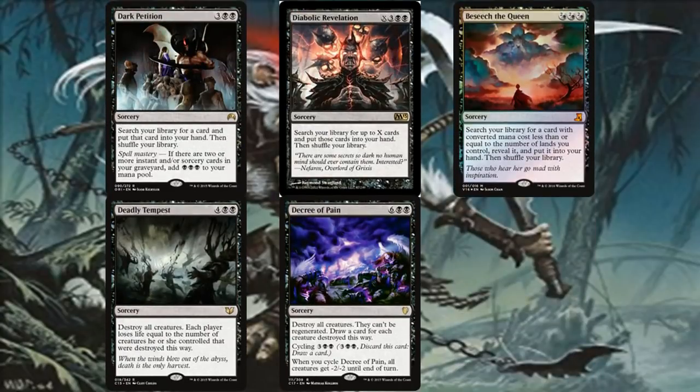Then we have Dark Petition. We get to search our library for a card and put it into our hand. If we have Spell Mastery, which we should be able to, we have a decent number of sorceries and instants, we get to add 3 black mana to our mana pool. So if everything goes right, it's basically another Demonic Tutor